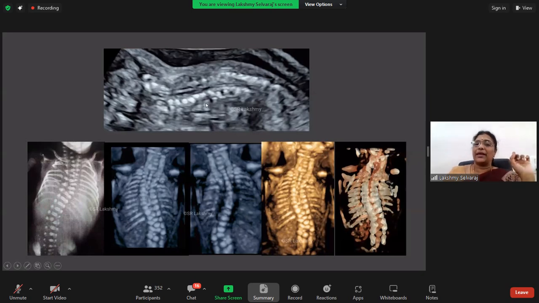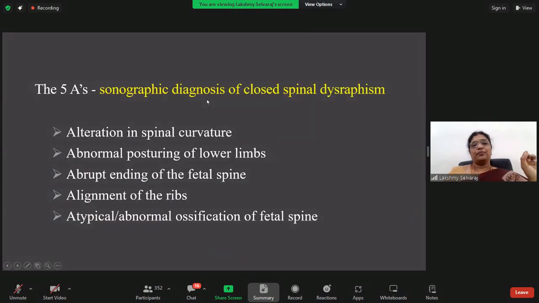But you have to suspect, and that suspicion will come only from a 2D evaluation. So the 5 important A's in the sonographic diagnosis of a closed spinal dysraphism would be: first, look for alteration in the spinal curvature. Remember the lumbosacral curvature of the spine. Whenever you have an abnormality in the lumbosacral curvature, look for abnormal posturing of the lower limbs. An abrupt ending of the fetal spine again is a clue for a spectrum of caudal regression, and